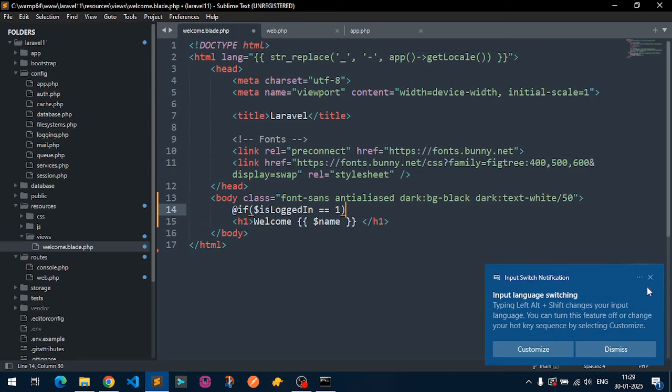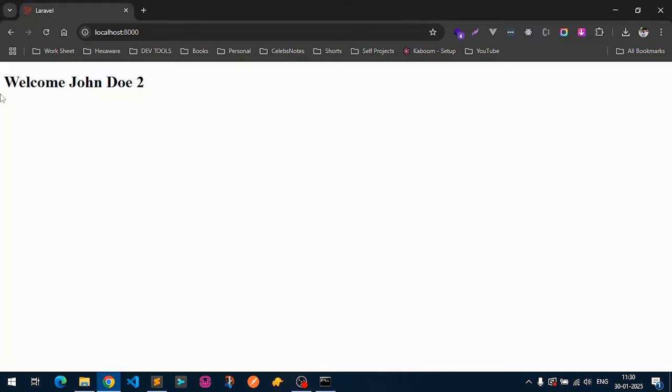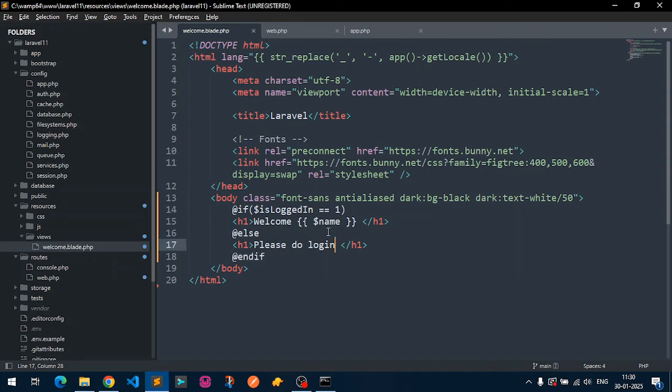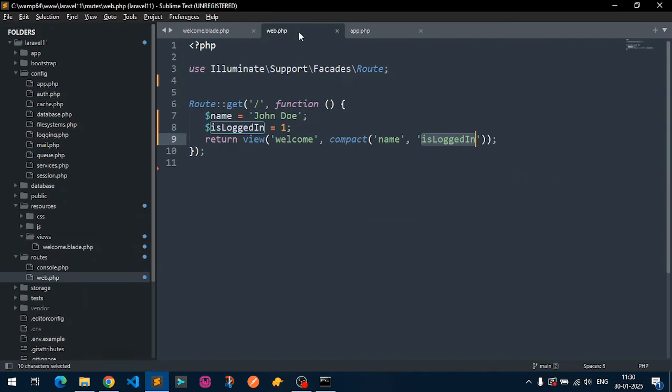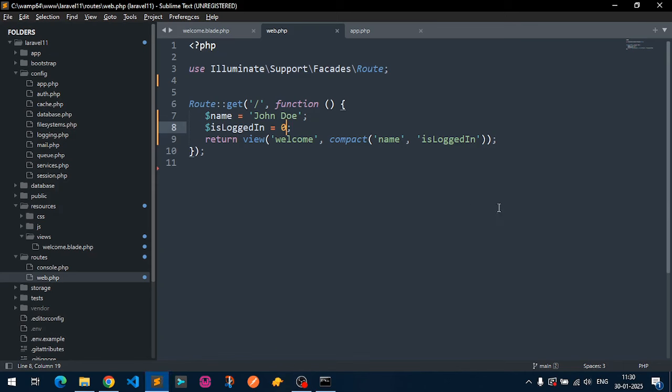If user is not logged in, or that variable comes as false, then we will ask the user to log in. So let's check. Okay, we got welcome John Doe because we have passed the variable isLoggedIn equal to 1. If I change it to 0, we can check it says please do log in. So it effectively checks the conditions